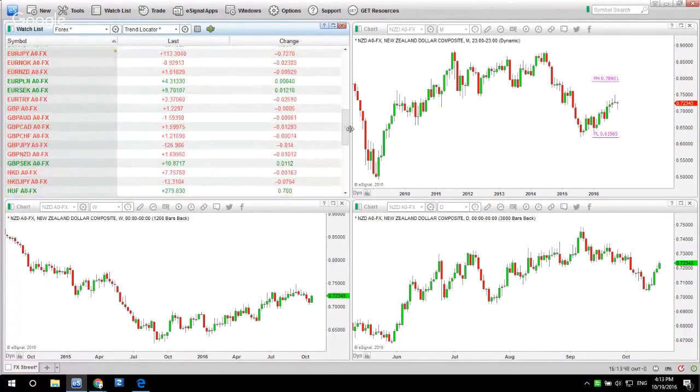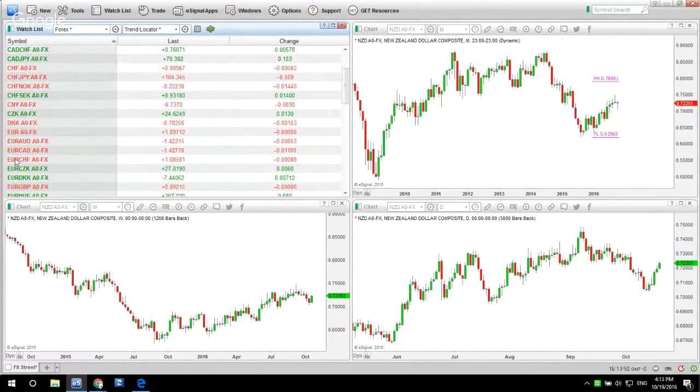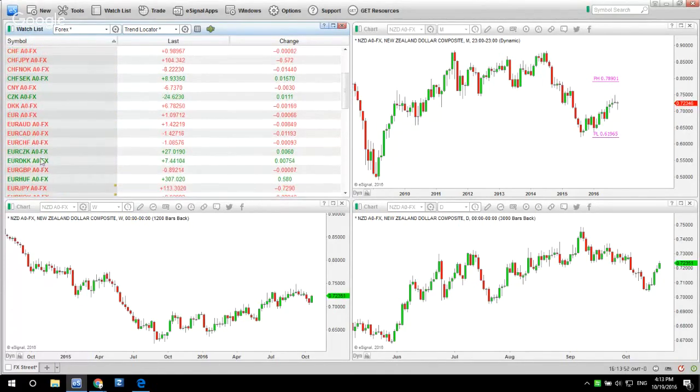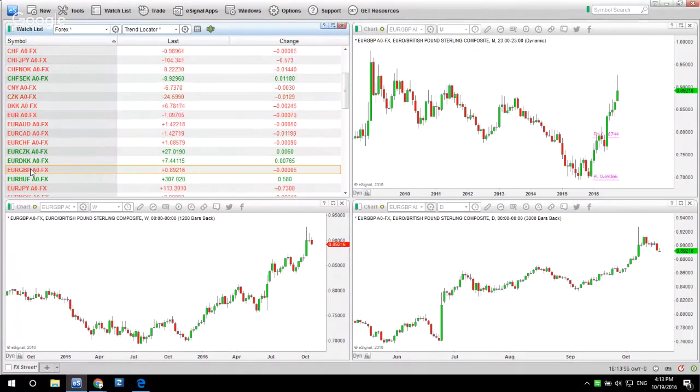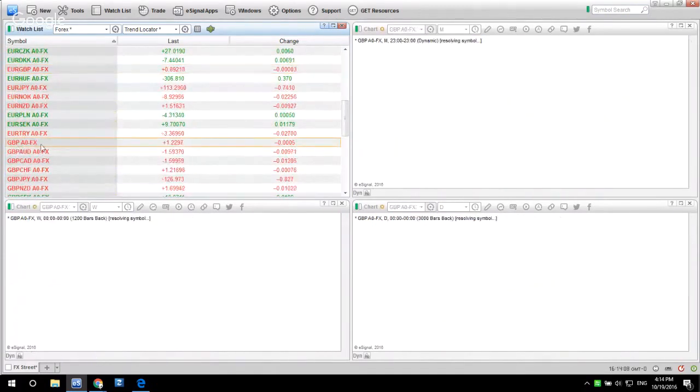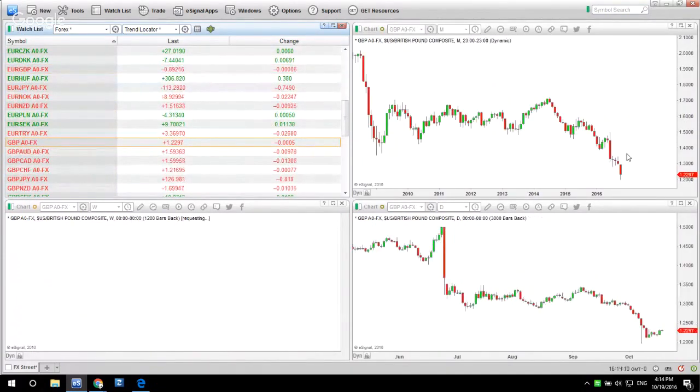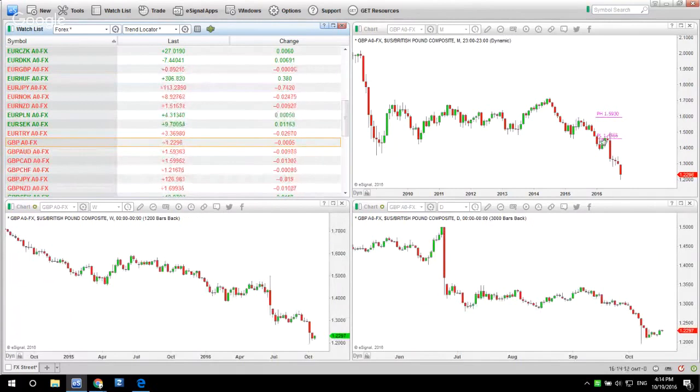So which currencies are actually trading outside of the pink lines? Well, surprise, surprise, at the moment, anything that's related to the pound is where you want to be focusing. Any currency that's paired to the pound should be on your watch list. So if we look at the euro pound, it has a bullish bias. If you go further down, if we look at the pound US dollar, the cable has a bearish bias. It's below the pink lines.